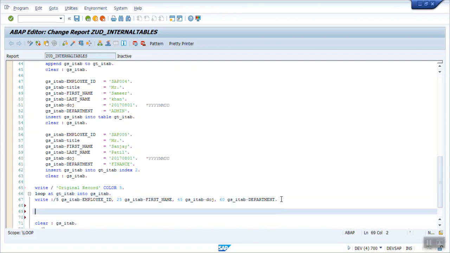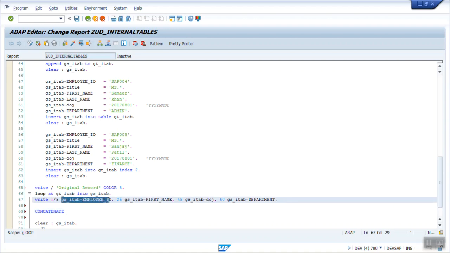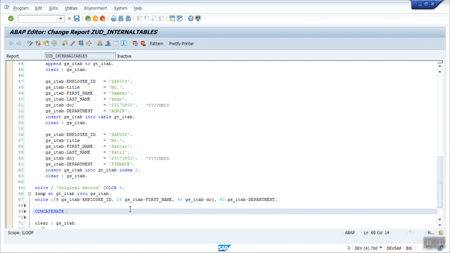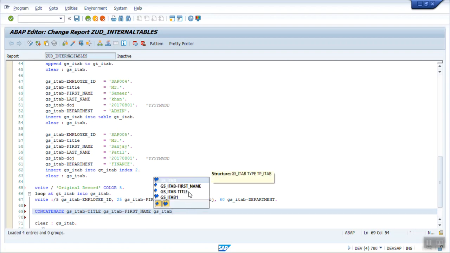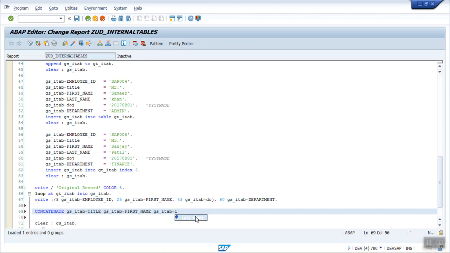So what I want, here I will write concatenate gs_itab title, gs_itab first name, and gs_itab, I think last name we have, into gs_itab full name.